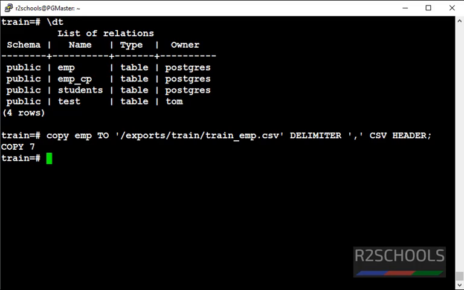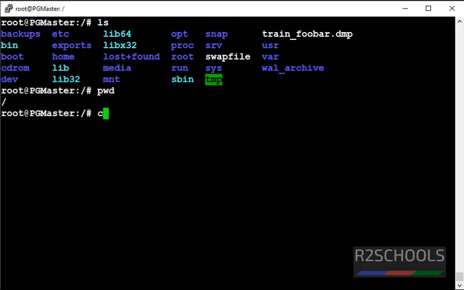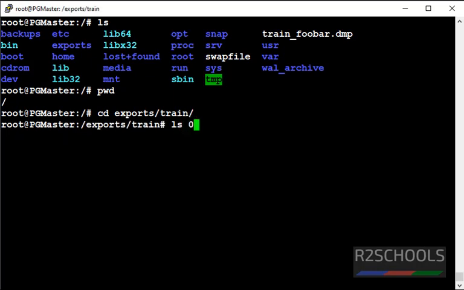Now go to this directory and verify whether data is copied to this file or not. This file is automatically created by this COPY command. cd exports, then train. ls -ltrh.